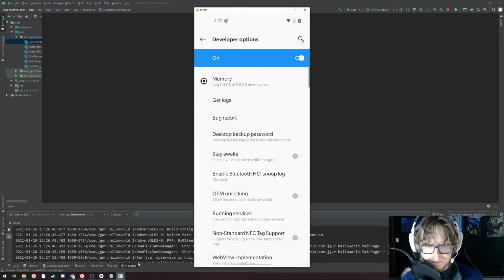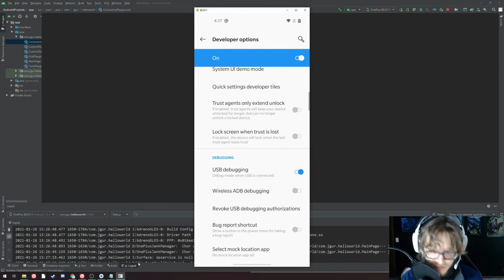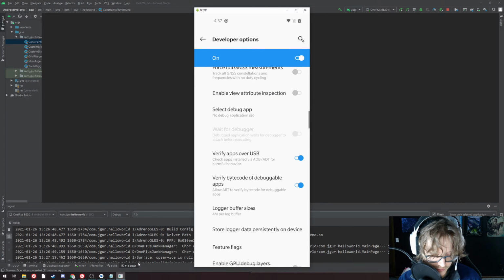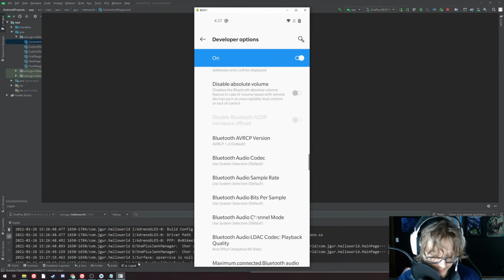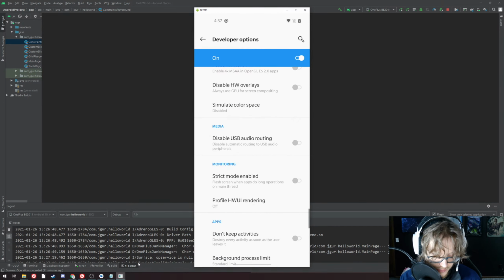If you click it, the one thing that you have to enable is the USB debugging option. Without that, you won't be able to connect to Android Studio. So enable the USB debugging option on your device. And then if you want to see those touches as well, you can enable those under